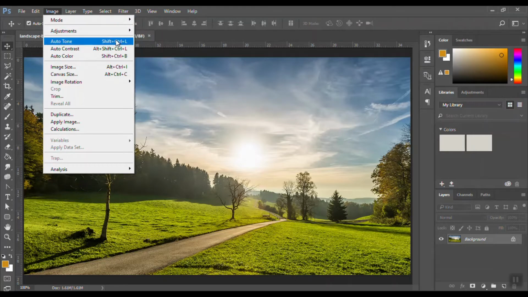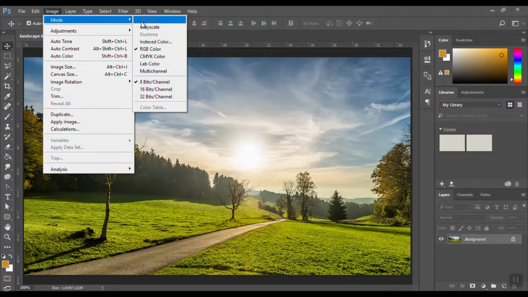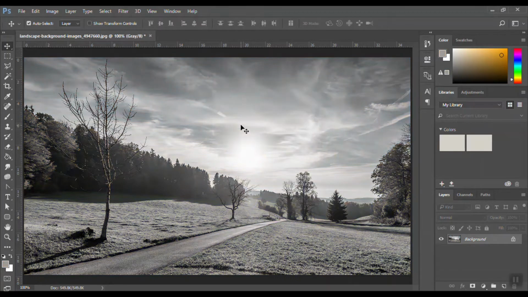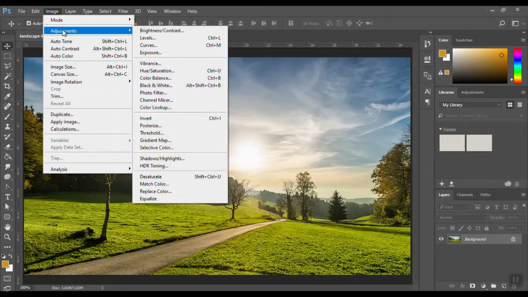So let's first skip the bitmap and see what grayscale does. So grayscale, discard, and it makes it a black and white image. Simple. Undo. Image, mode,